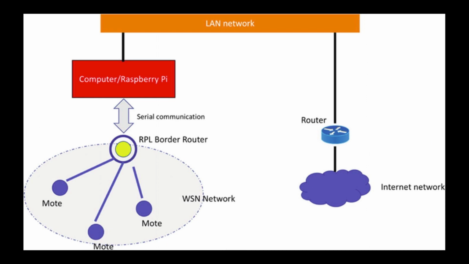Now how can we implement this RPL border router? One method is, in Contiki OS, we implement the RPL border router, run it, and ping the packets. In that context we can see whether the packets are being pinged. When the packets are pinged from another terminal or browser, we can understand that the border router is running and we can do any operations. That's what we are going to see in this session.